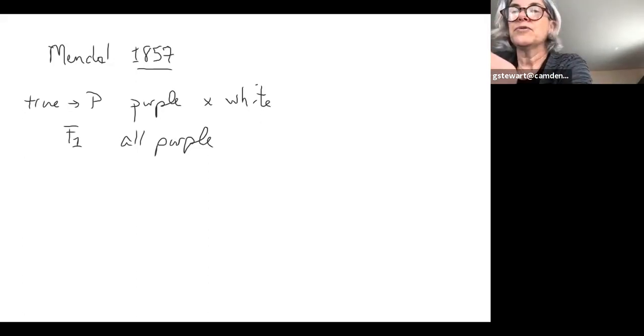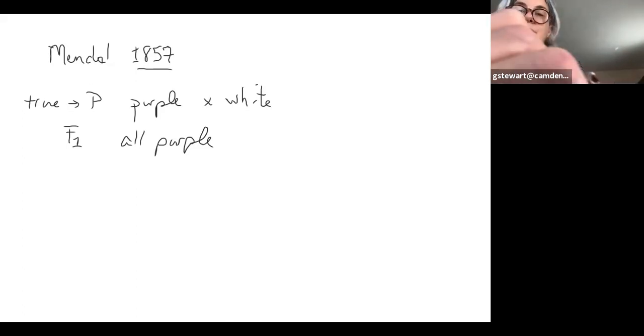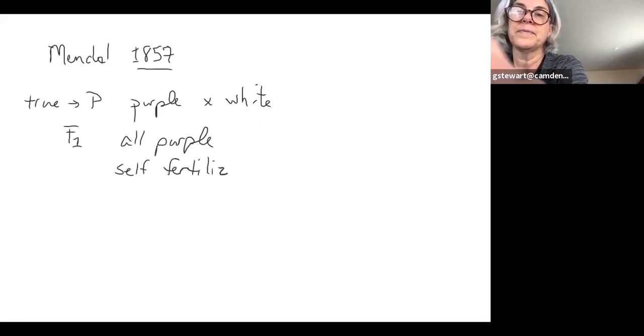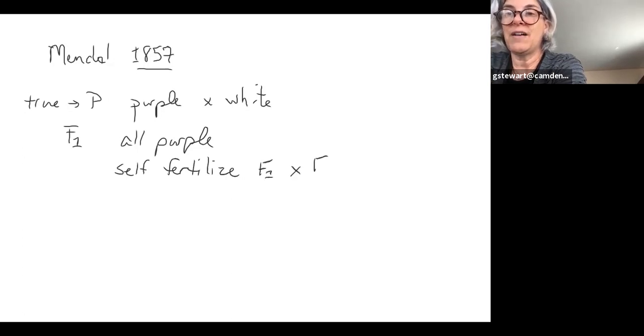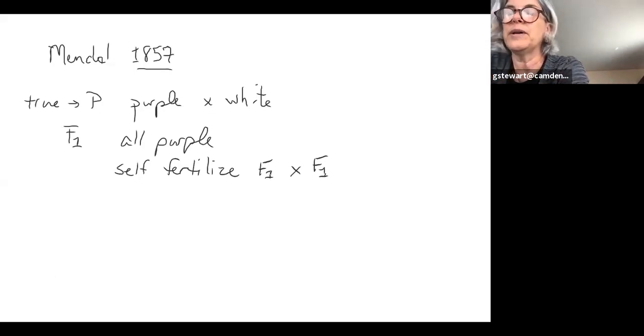These are true breeders, these are true breeders, these are not. These are going to be hybrids. And then when he let the F1 generation self-fertilize, which we usually express like this, an F1 crossed back on itself, an F1. If we were talking about an animal, like a fruit fly, for example, it would be a sibling cross, right? Which we obviously can't do in humans or larger animals. But in plants, because they have both, angiosperms, in particular flowering plants, they have both male and female gametes inside a single flower. You just have to let the flowers self-fertilize.